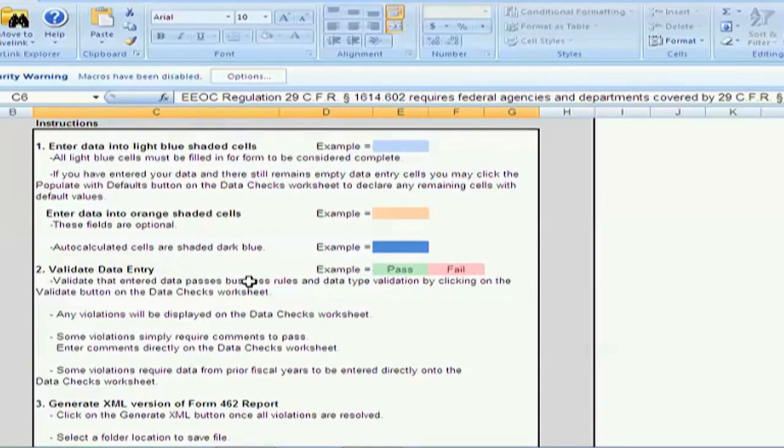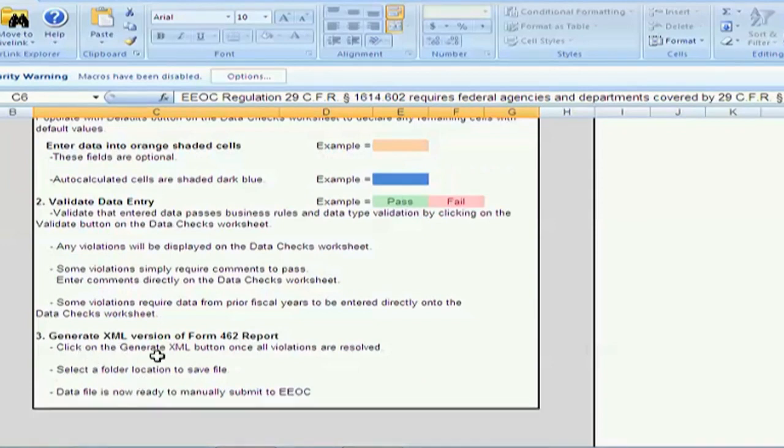So rather than passing the auto edit and then having EEOC come back at you and say, no, you need to fix this too, hopefully we've got the edits all compiled into this tool for you this year. Any of the data checks that are in a fail state, you will have to correct the data, make modifications, add a comment, whatever, to bring to a pass state